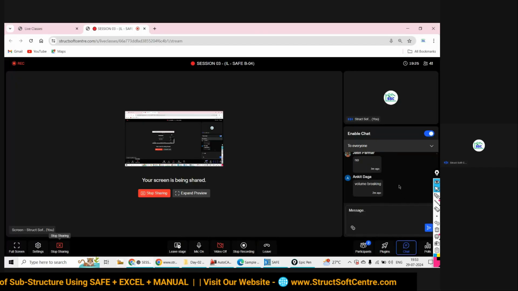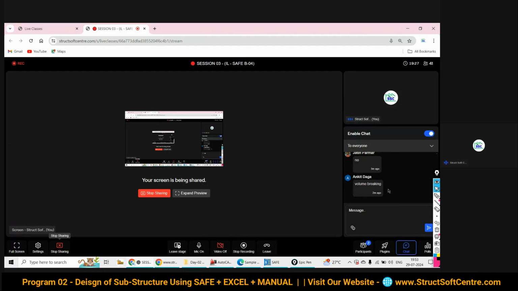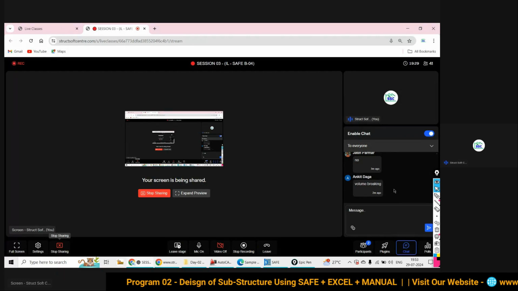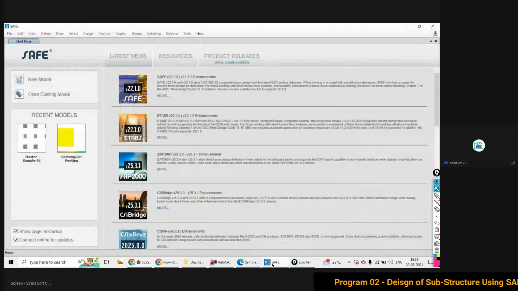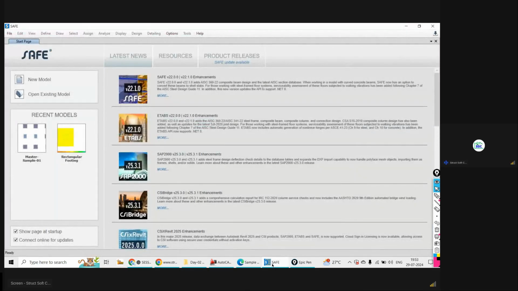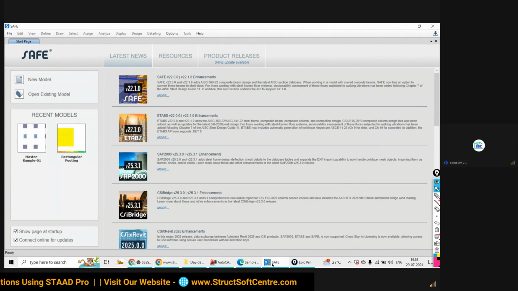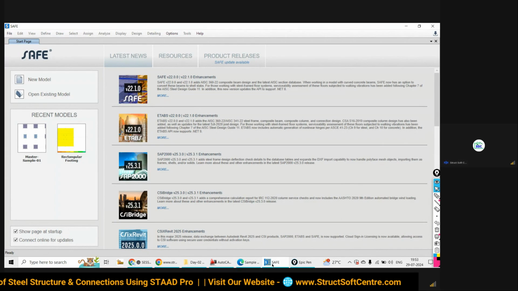SAFE is what? It is the secondary software. Why am I calling it a secondary software? Because we have to take the base reactions from another software, and that is nothing but your ETABS software.